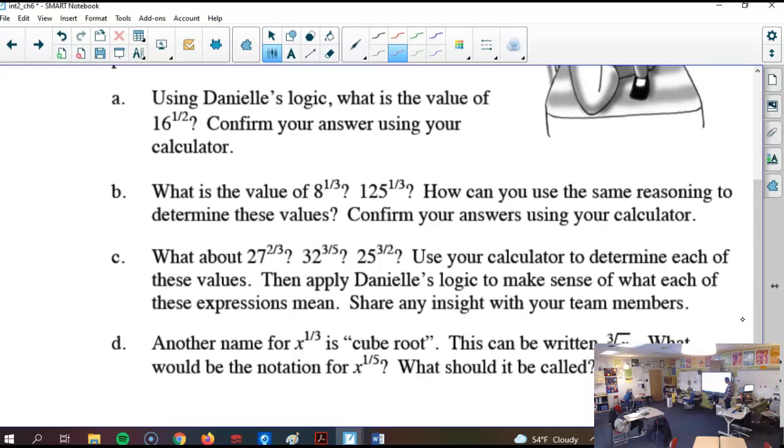Radical 5? No, that's not right. Fifth root of 32. I should probably make that look like a root. So is it radical 2 of 32? Or no, what square number root of 32? To the fifth? Sorry, I need 2, 2, 2, 2, 2. 2 times 2, 4, 8, 16, 32. Okay, so 2 to the fifth, but then